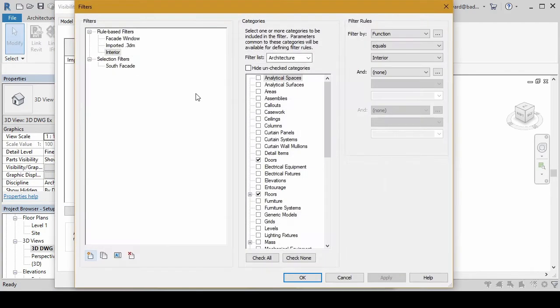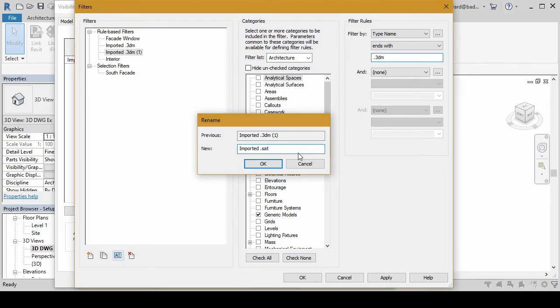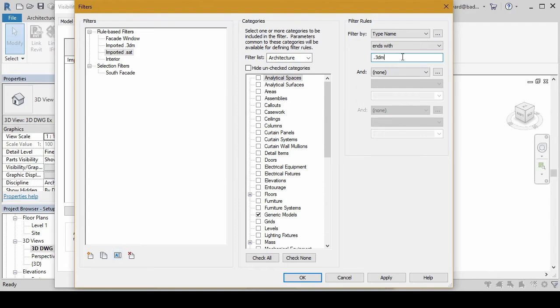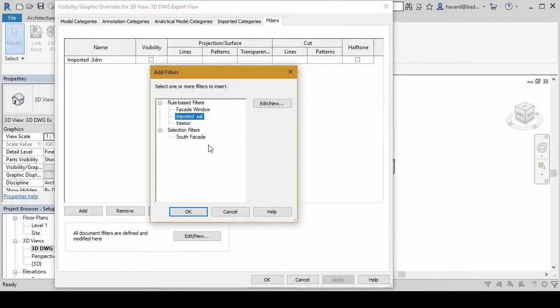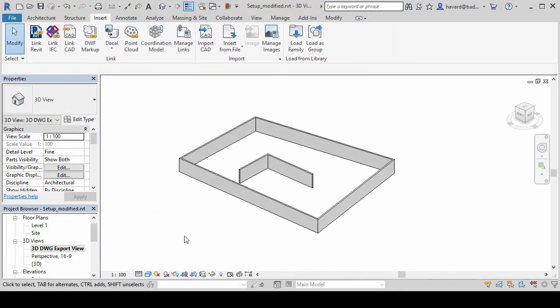So we can add a new filter, go to Edit, New, import a 3DM, and simply duplicate this filter. I'm going to rename that guy and give it the name imported.sat. All right. Change the filter rule to type name ends with .sat. Okay, now we have covered both situations where we're hiding both imported SAT files and imported Rhino files.